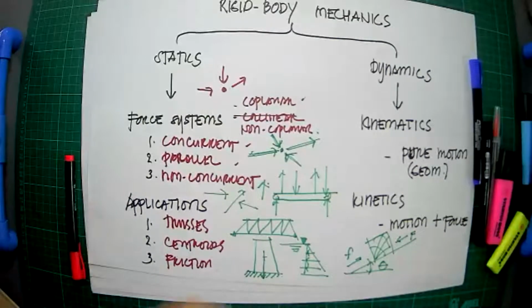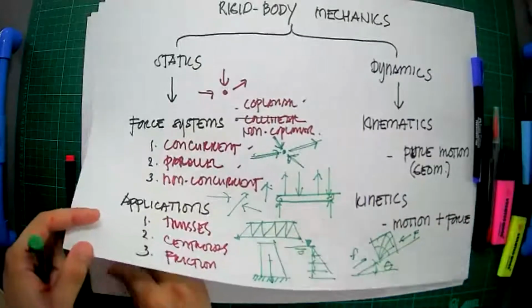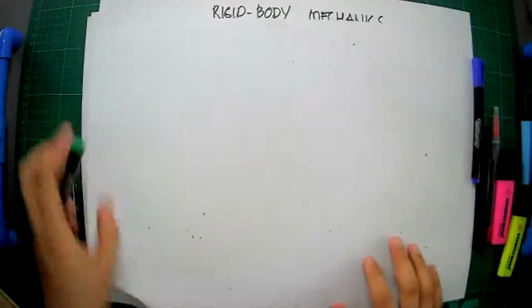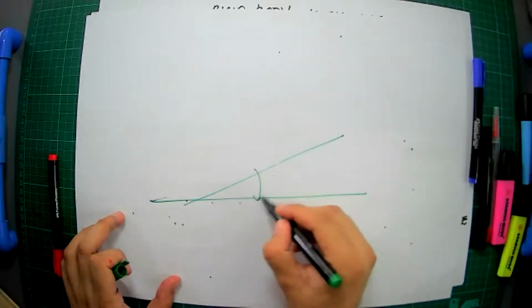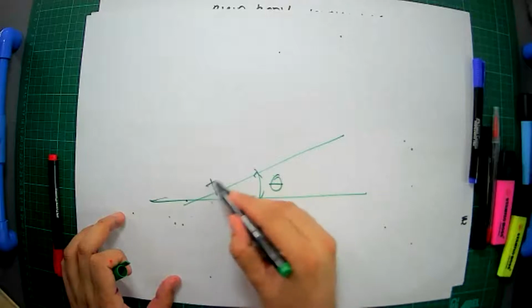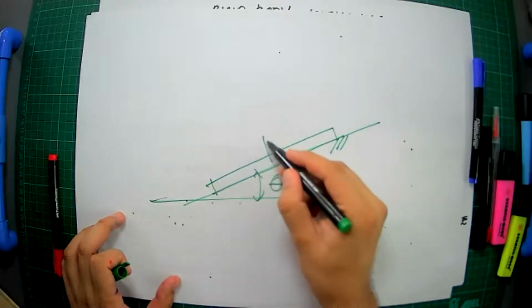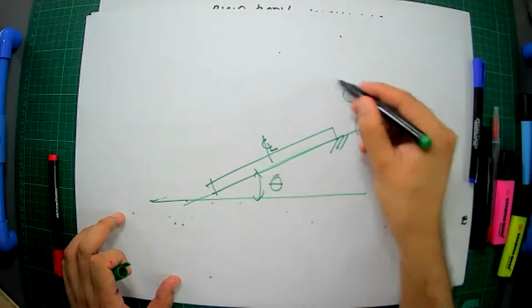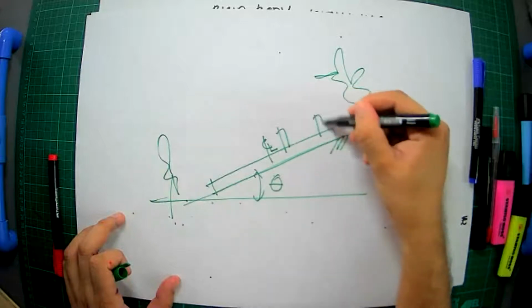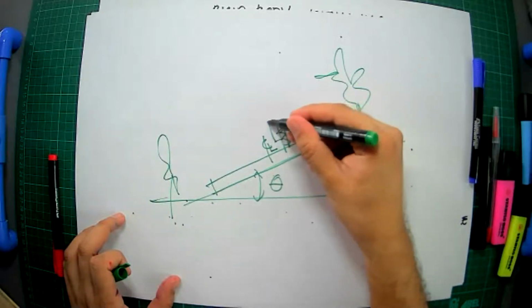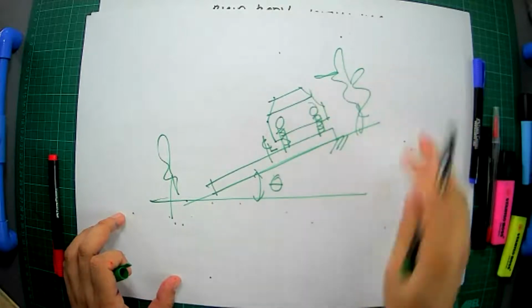One of the most important applications of friction, if you'll let me draw something, is on the banking of highways. What is a banking of a highway? For example, this is the cross section of the road. The road with its center line. Here is the car. This is a front view of your sports car, okay?